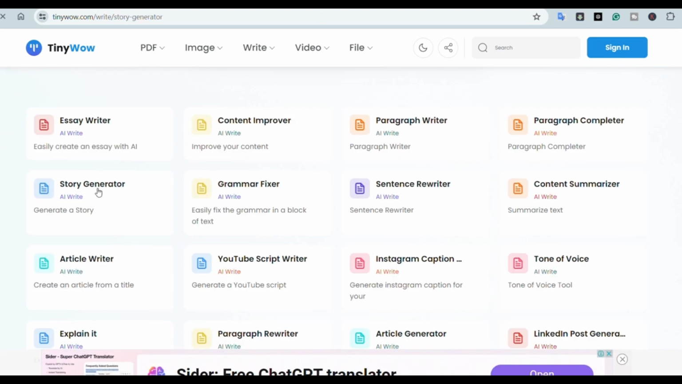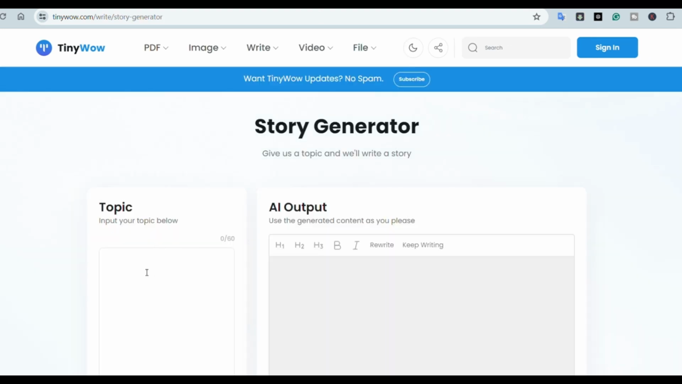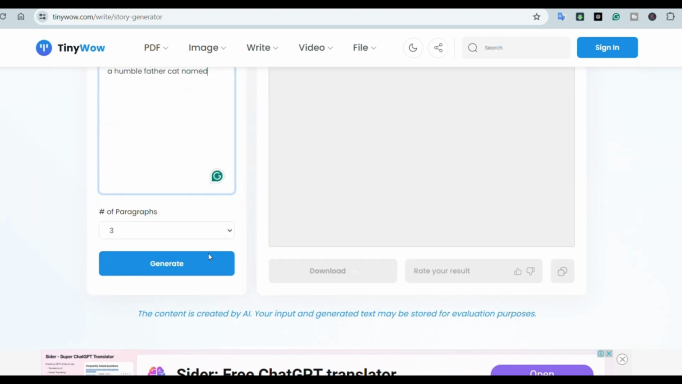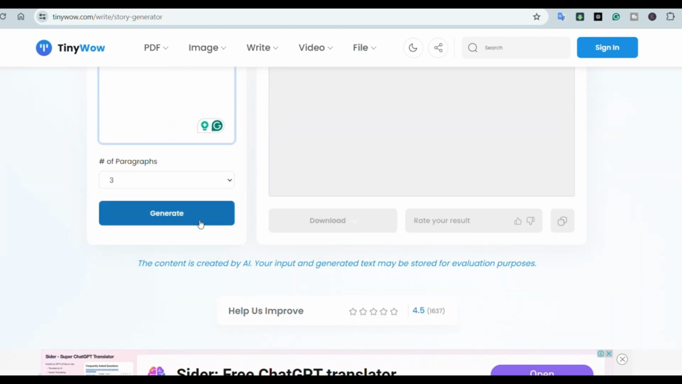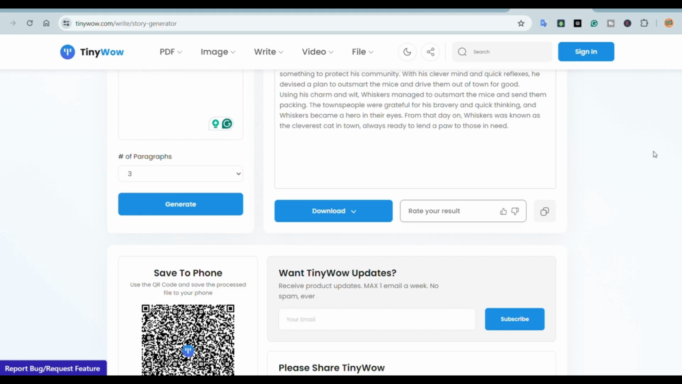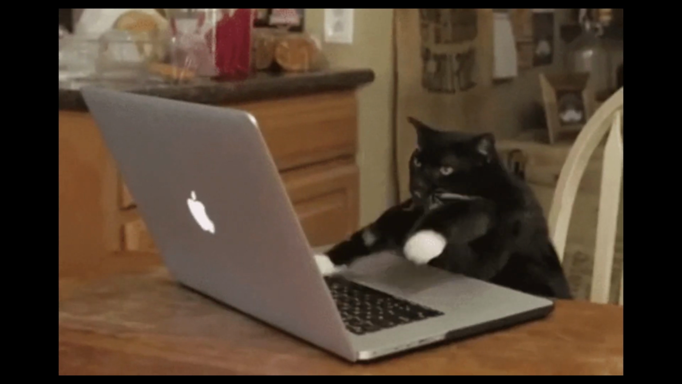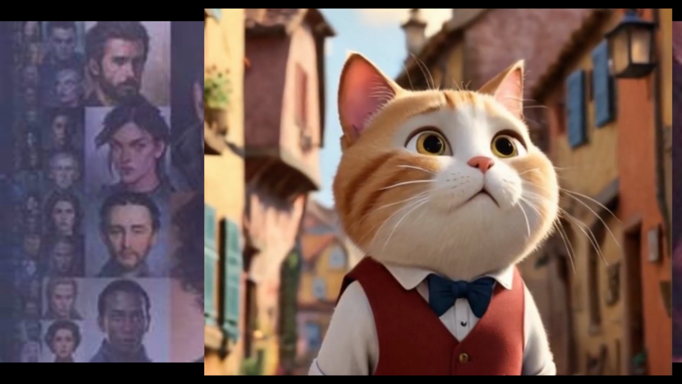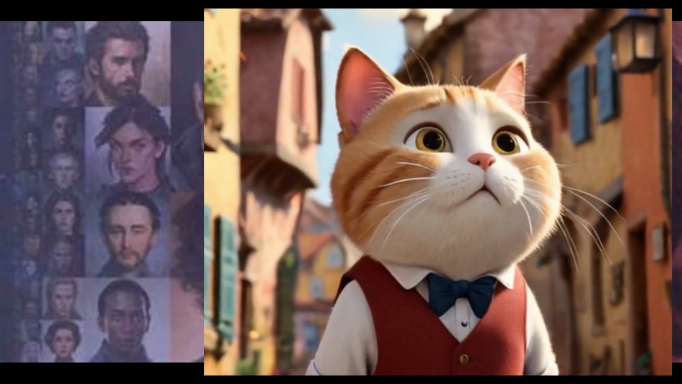Click the AI Write tab, press the Story Generator option, enter the story topic, select paragraph numbers, and then press Generate. In a few minutes, it will generate a unique story according to your topic that can be saved on your computer. Now you need the specific video visual, and for this, you can use any image generator tool, but I